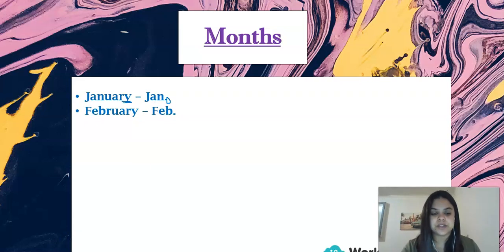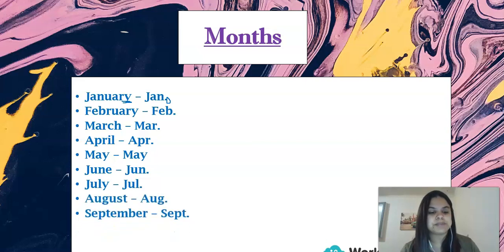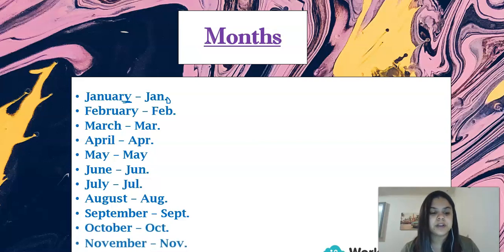February, again, you can see there's a full stop over there. March, April, May. As you can see, there is no abbreviation for May because May is also already a short word in itself. June, July, August, September, October, November, and lastly,